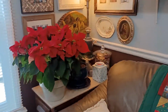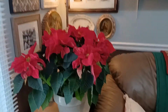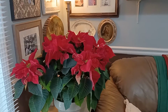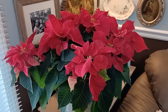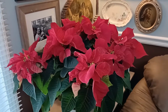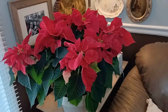And then, of course, I have the big old poinsettia, which I think is beautiful. I love poinsettias. I have kept them until they have got like 6 or 7 feet tall. In Mexico, they're a shrub, and here we use them as accent flowers for Christmas, and I think they're beautiful. You can pay a lot for them, or you can get them at a really good deal. Donald and I got 2 for $10 at